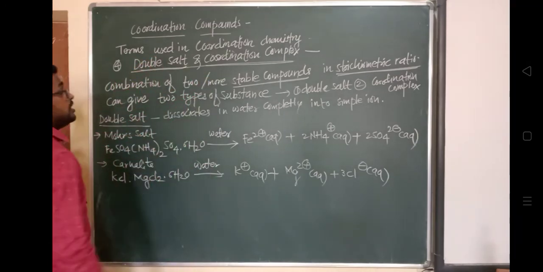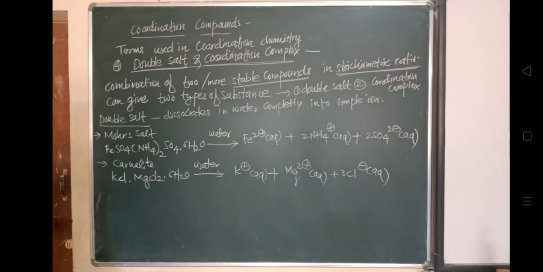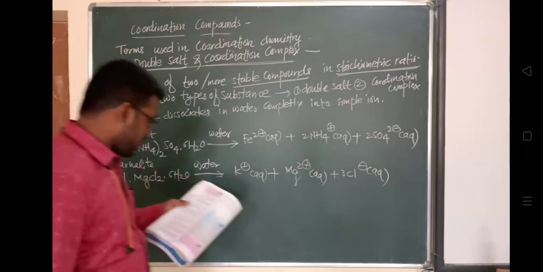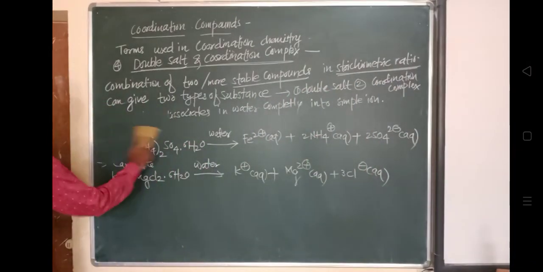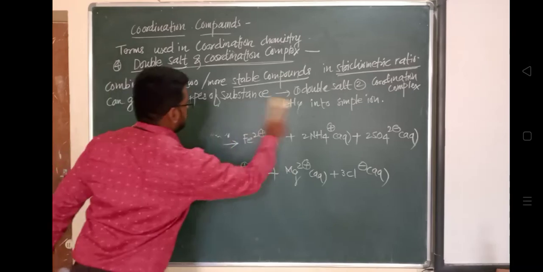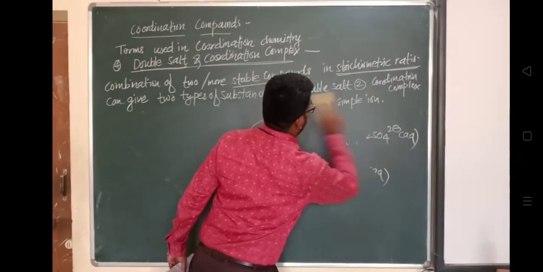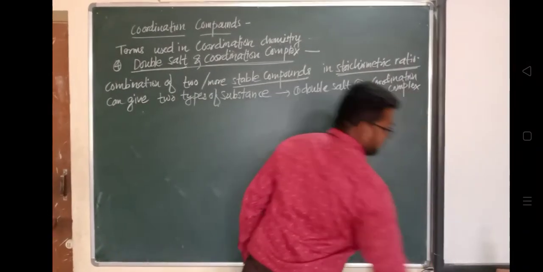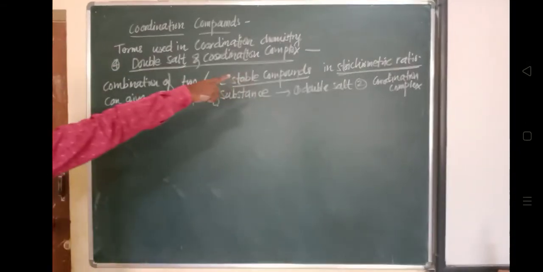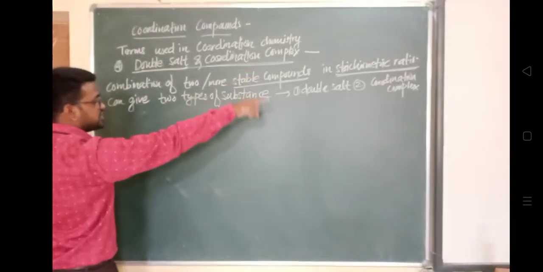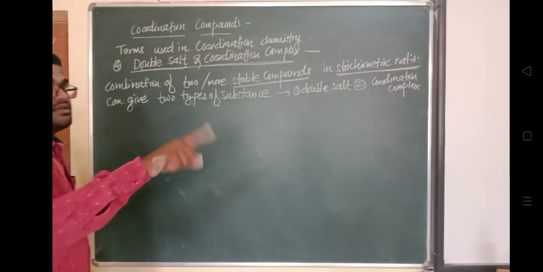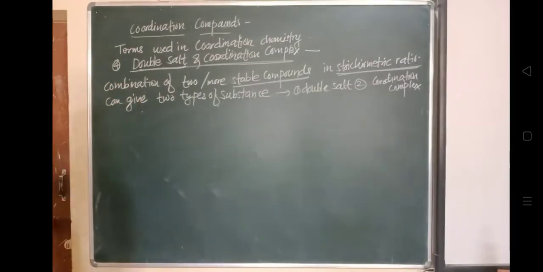What is the meaning of it? When this coordination complex is dissolved in water, it will dissociate, but while dissociating, it will form one complex ion. What is that one complex ion? A central metal ion attached with the ligand, which is having a charge over it. So we'll see an example of this. The example is one we have already seen, K4 Fe CN6.